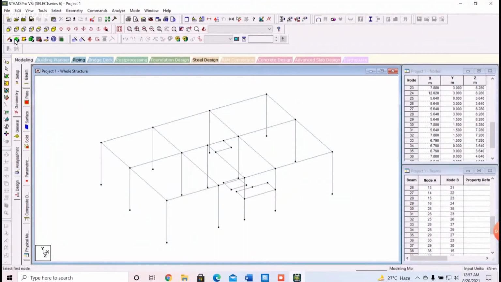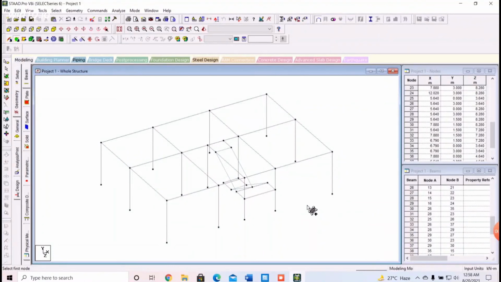Now we'll choose this one, add 4 noded plates. So we have to choose that. So start from here, here, here, here. Okay, you have selected the 4 nodes, and like this here also the same thing we have to do because we are applying some plates here. So now we have designed our